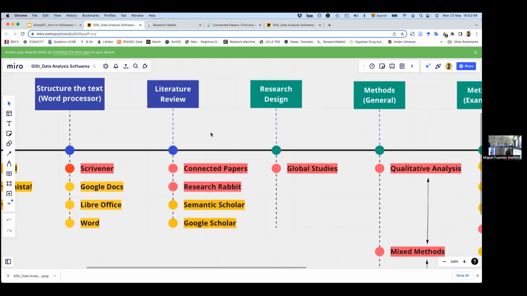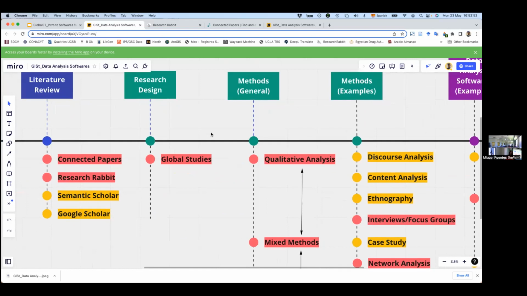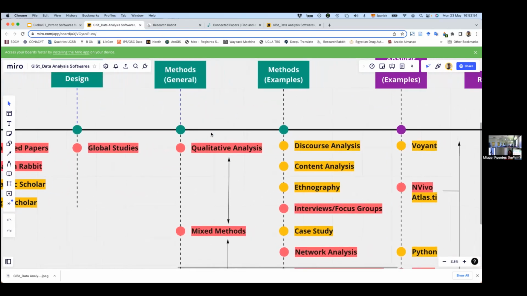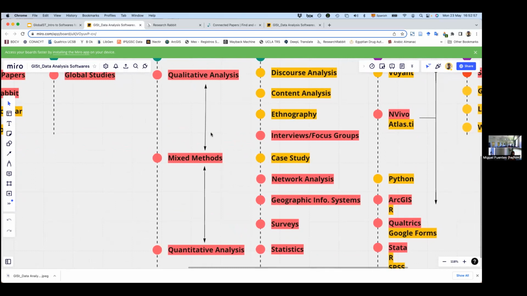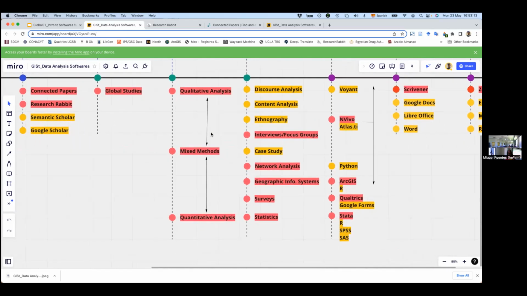Then in the research design, we have global studies. So I've been talking about global studies and all the examples that I'm going to give you are about that. In methods, I'm putting this spectrum between the qualitative and the quantitative because at least in global studies, I think because we're trying to be transdisciplinary in our methodology, we're also trying to be transdisciplinary in our methods. So all of these different forms of analyzing things are in that spectrum, not exclusively because a discourse can be turned into a quantitative project, but classically or traditionally, we see analyzing discourse as something qualitative, something mixed,